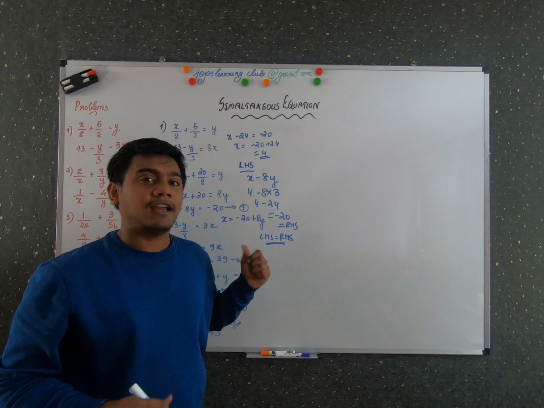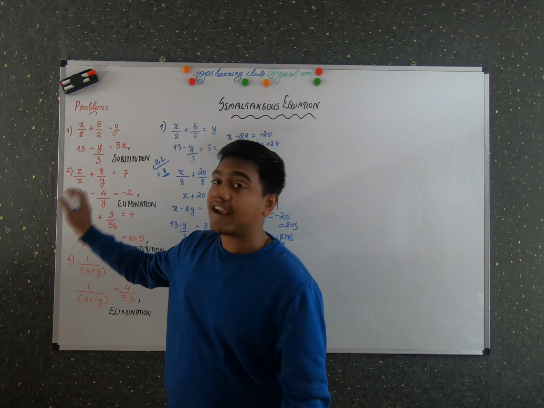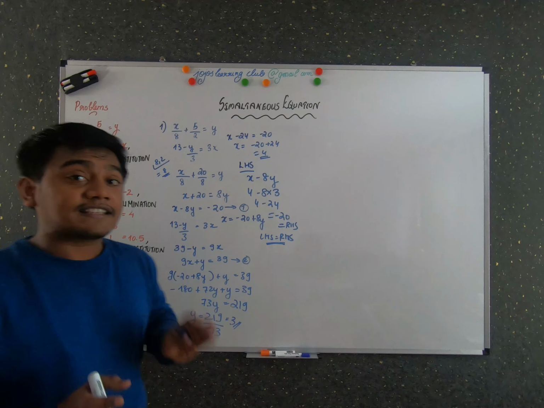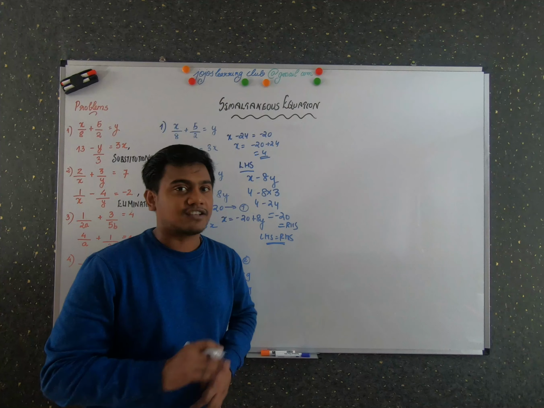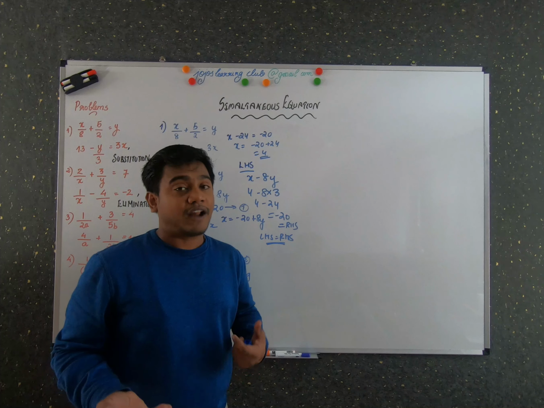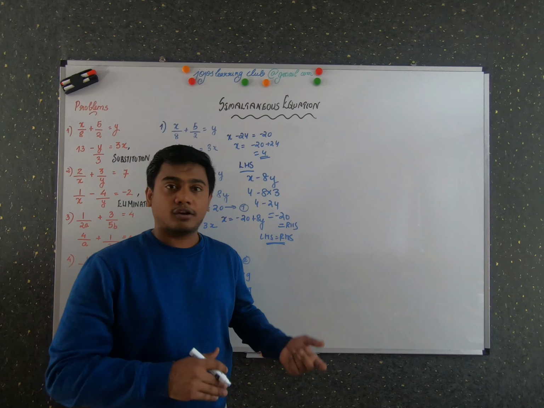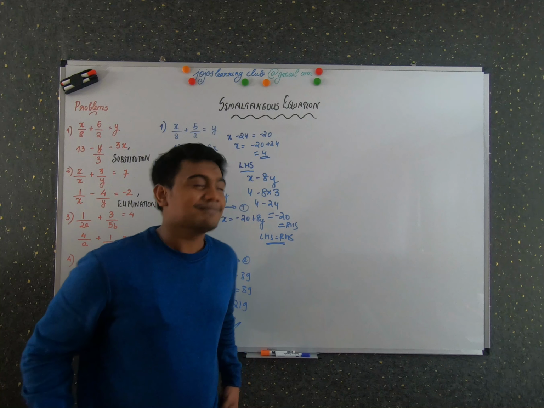So this is how you solve the problem when you have fractions. When you have fractions, what you have to do? First you have to work it in such a way that the equations do not have any fractions, or just try to eliminate the fractions in the equations so that it's much easier, like you can do with simple equations, okay?